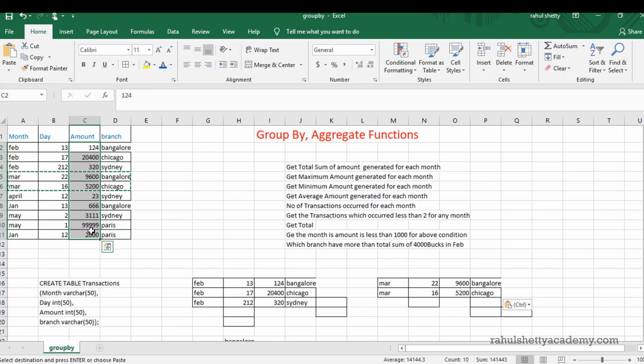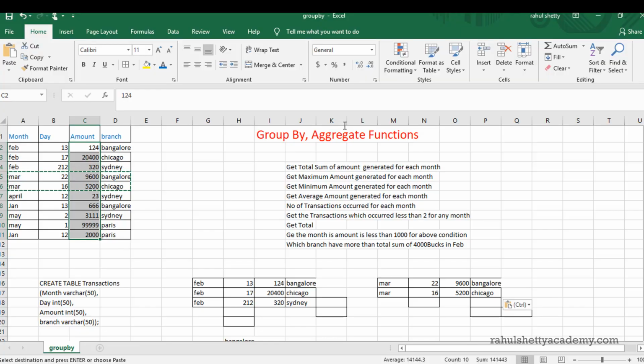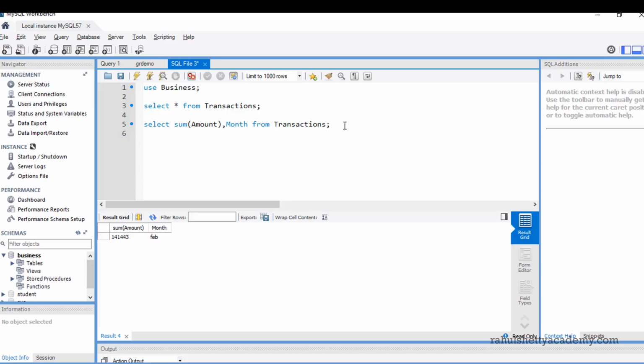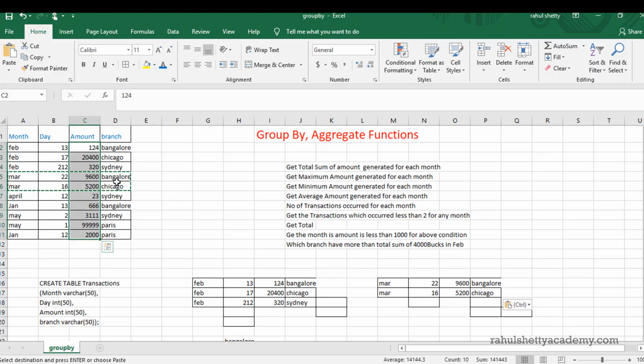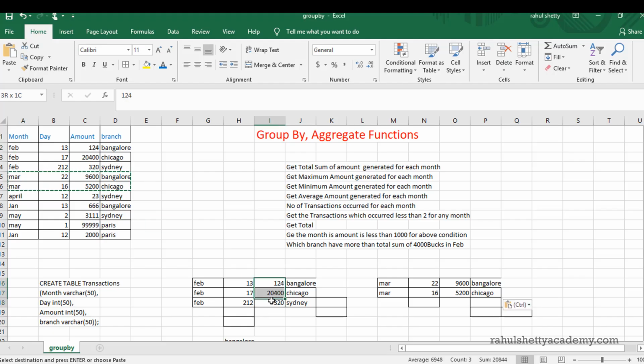Your client may ask you to get the whole amount generated, and then you can use this query. But if he asks to get the sum of amount generated monthly, month-wise, then you can say group by month. Then SQL will consolidate each month into one specific group and apply the sum operation on that group.